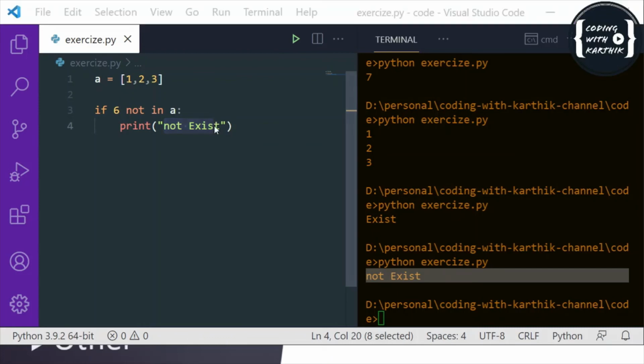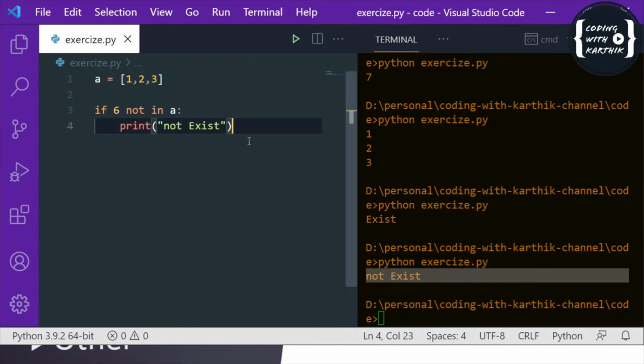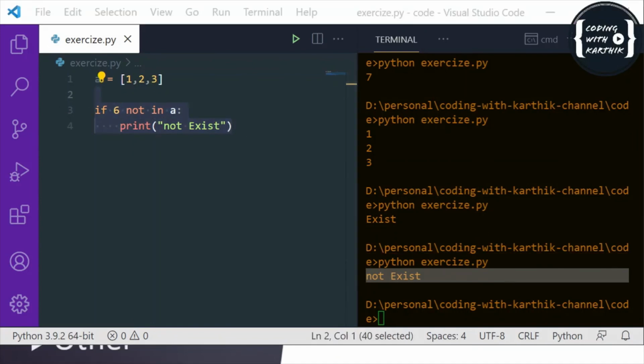Okay, and the final one is the bitwise operator. Let me give you an example, so that you can understand better. A bitwise operator is nothing but comparing the binary format of the numbers. So it is similar to a logical operator, but bitwise operators do the operations on the binary format of the numbers.